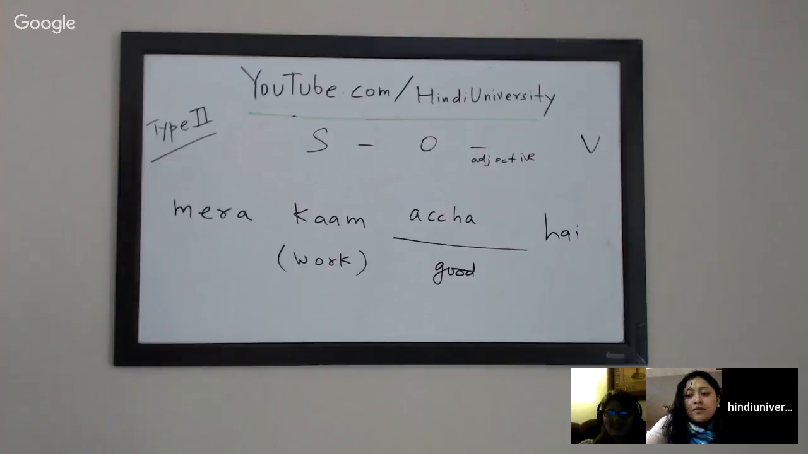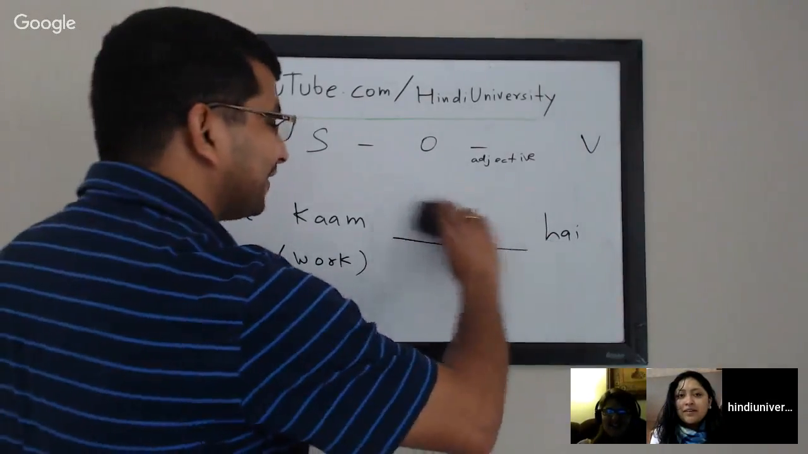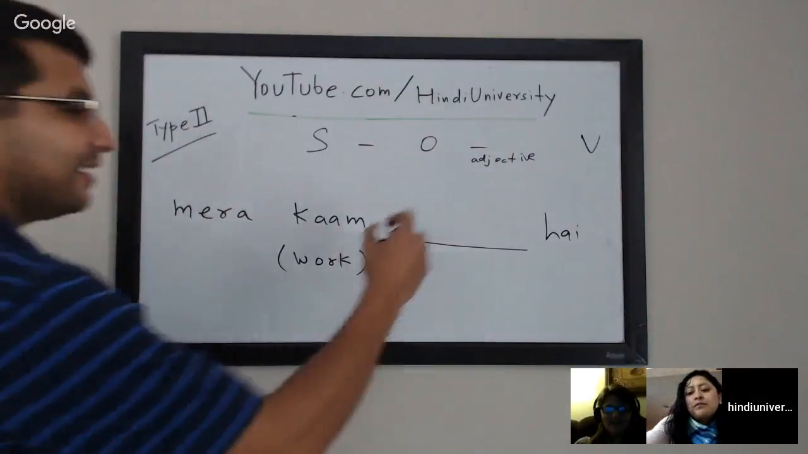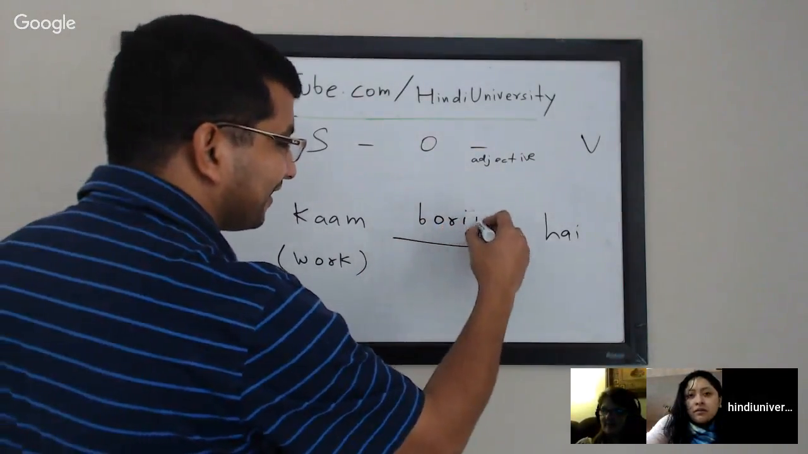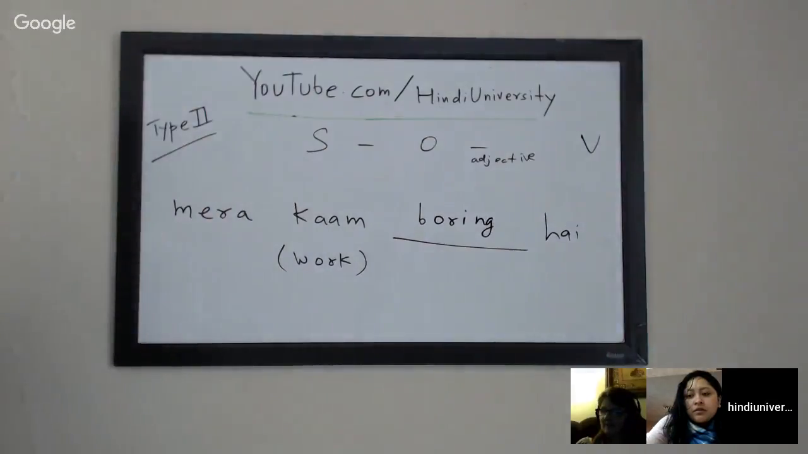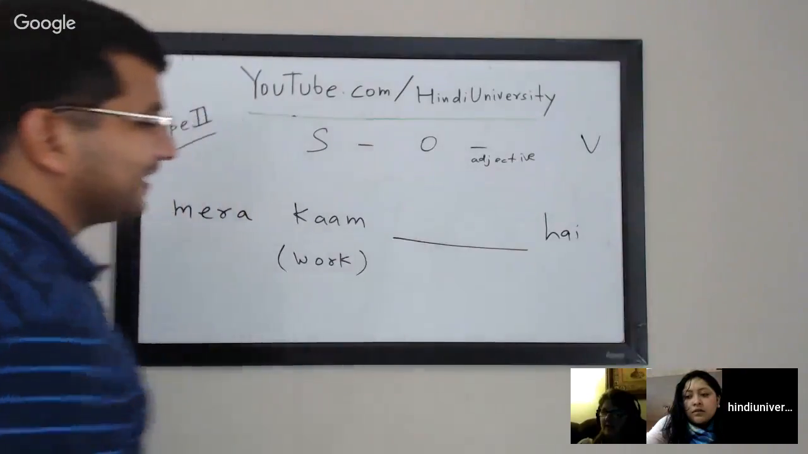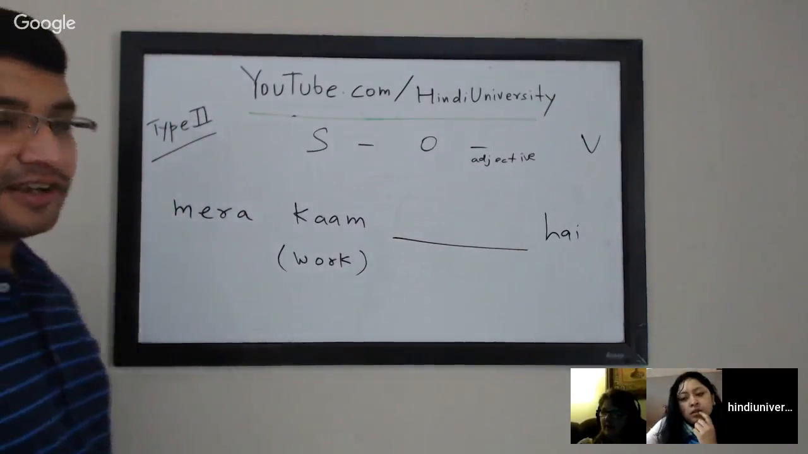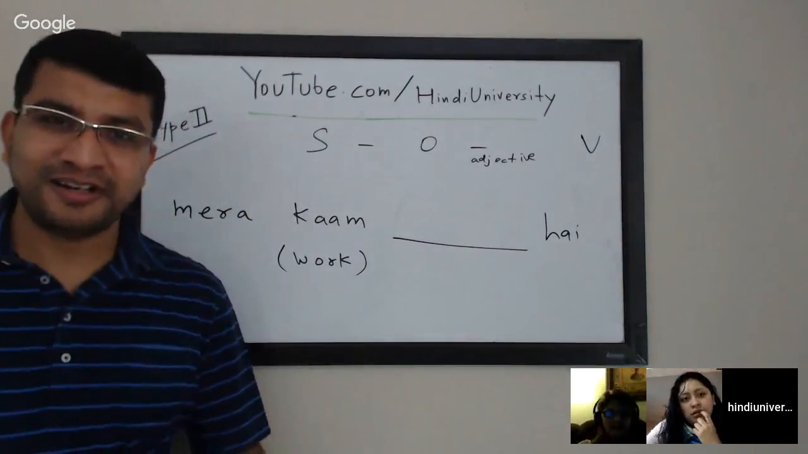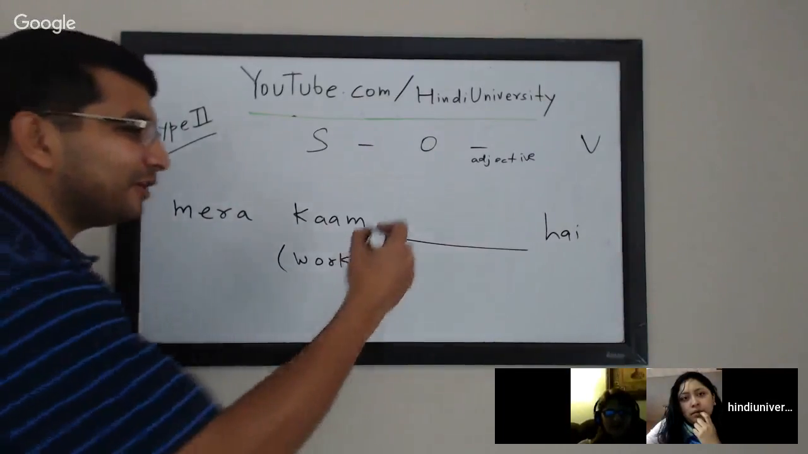What else? What if you have to be brutally honest about it? अच्छा नहीं है, or you can say मेरा काम boring है, right? And that's fine if you want to use an English word. You can say मेरा काम boring है. Okay. What else? It's difficult. Okay. Very good. Difficult. How do you say? मेरा काम difficult है. If you know the meaning of it, you can say मेरा काम